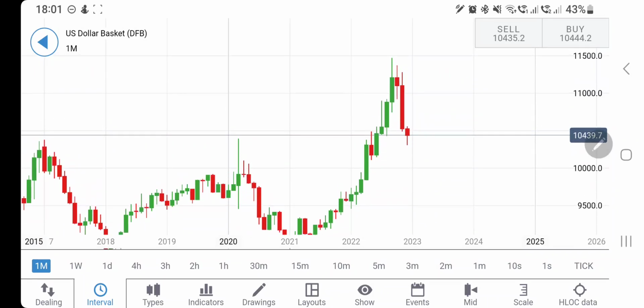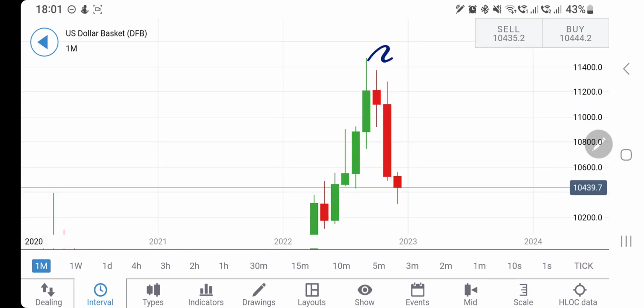Now let's have a look at the monthly charts. On the monthly chart, the previous three candles made lower highs, and this was the breakout candle last month. You can see it gave a stronger breakout, and this month also, the candle has opened in green and then since then traded in red here. So a possibility of a reversal exists, but I will still see it trading in red and at least achieving this zone at 102 and below levels. There is a probability.